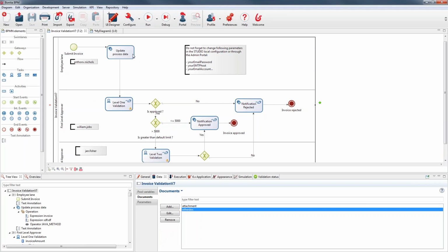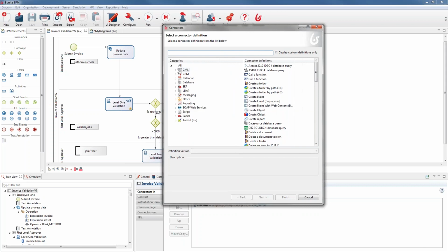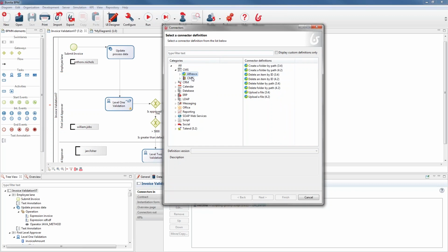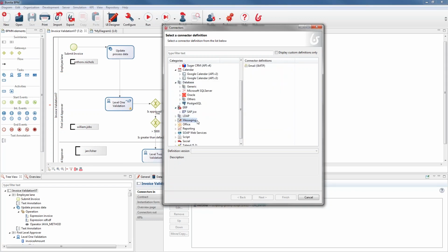So first, what can be done with the processes is to configure some connections to your information system. For this, we offer a large set of connectors. Connectors are components native in Bonita BPM that permit you to connect the processes to some systems from your information system. So you can connect the processes to some document management system. We offer connectors to Alfresco, to CMIS. We offer connectors to CRM systems such as Salesforce, to calendars, to many databases of the market, to SAP, to LDAP,